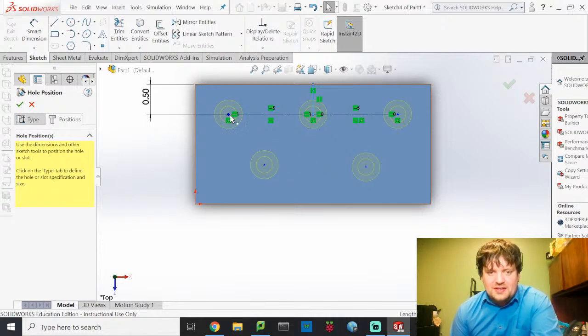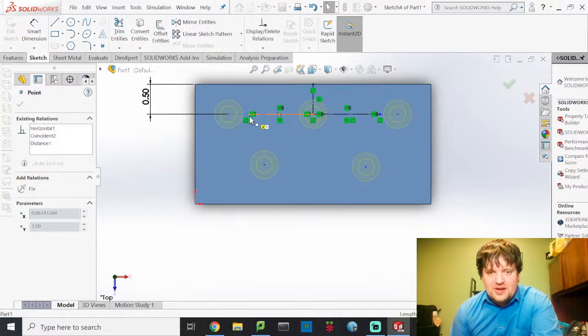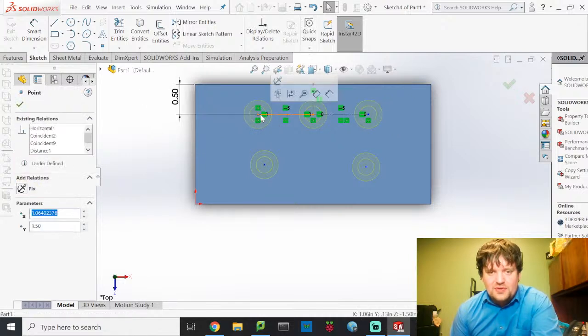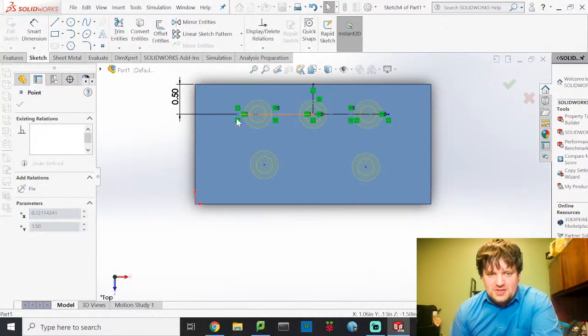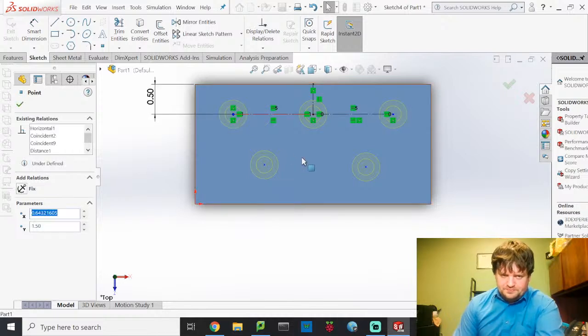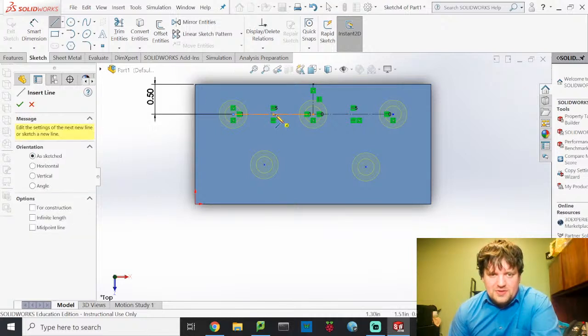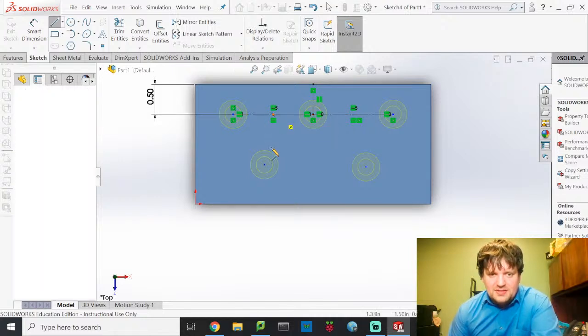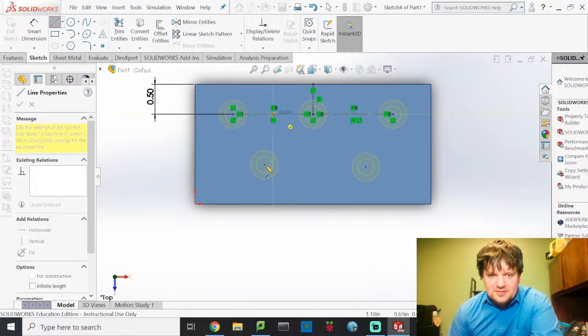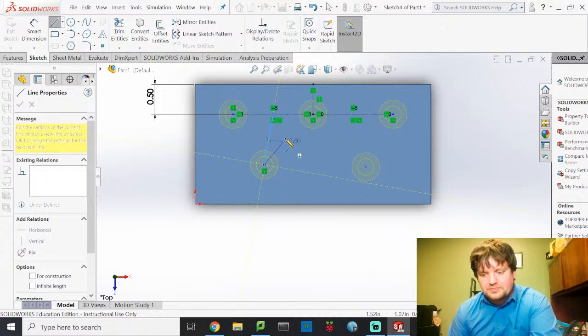Fine and dandy. Now you'll notice that I can grab these points and move them in. Both of them will move in. So I need to kind of specify a distance for that line. But before I do that, I'm going to draw from this midpoint down to this point right here. And then I'm going to draw,